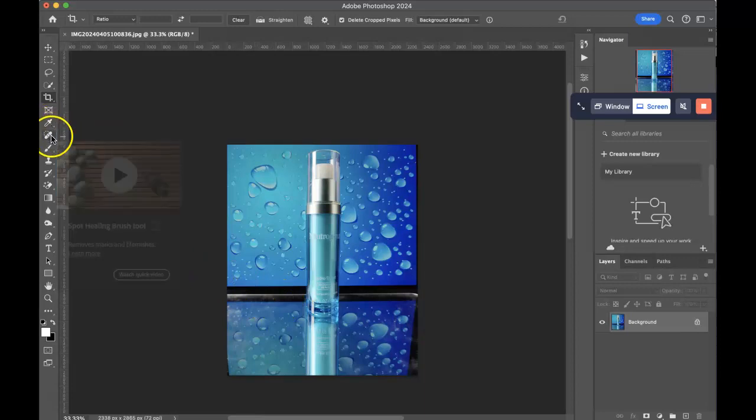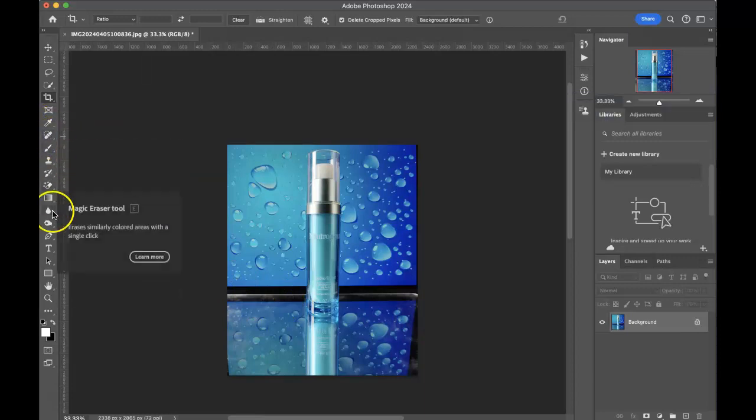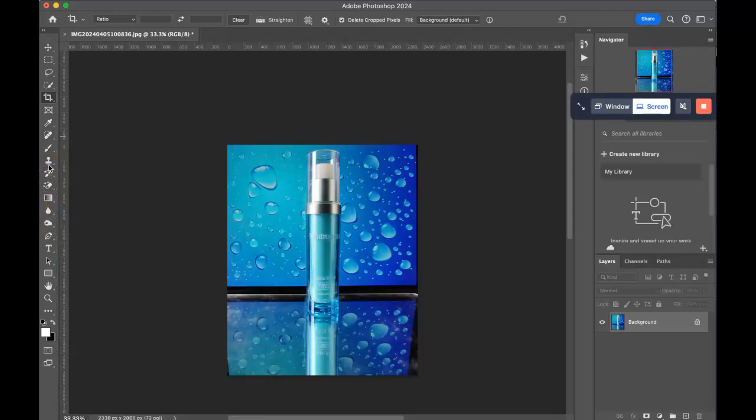So your clone stamp looks like a little stamper tool, and it's off to the right, or the left, and what you'll be doing is clicking on that clone stamp tool,